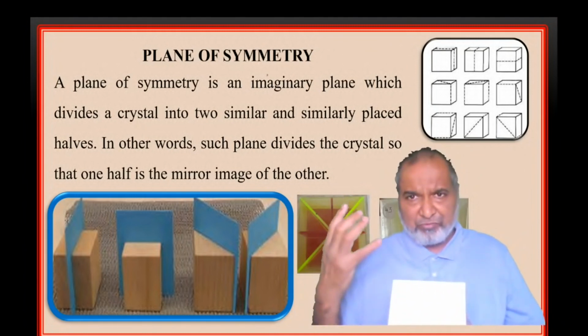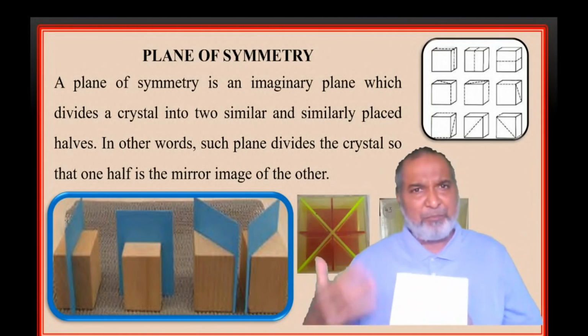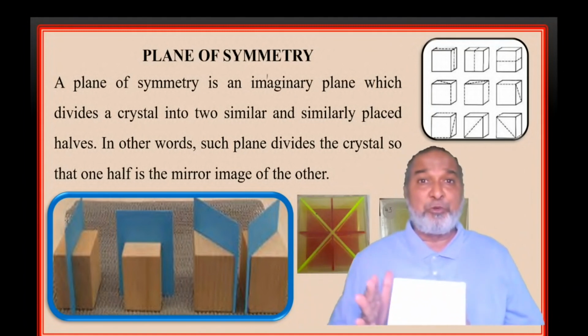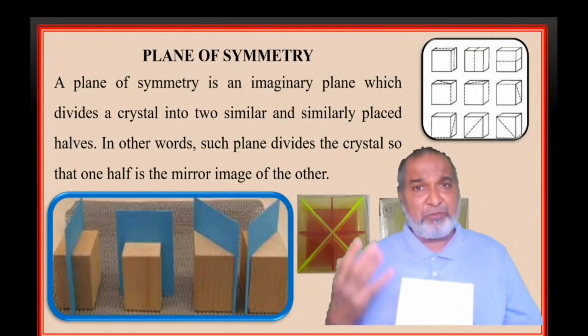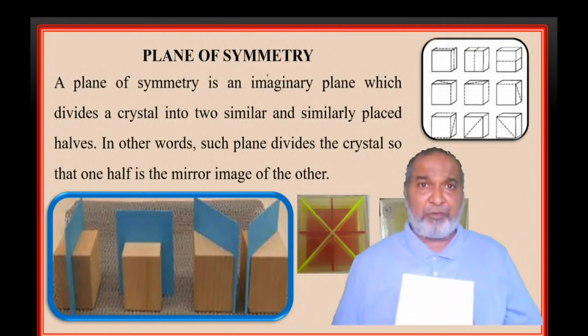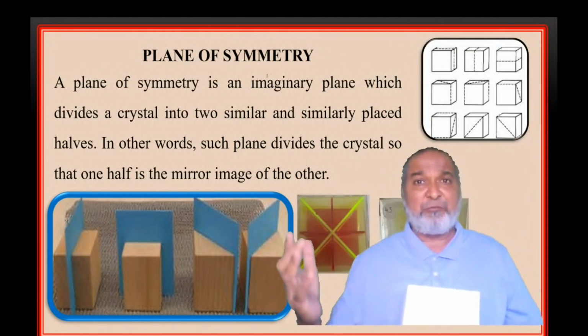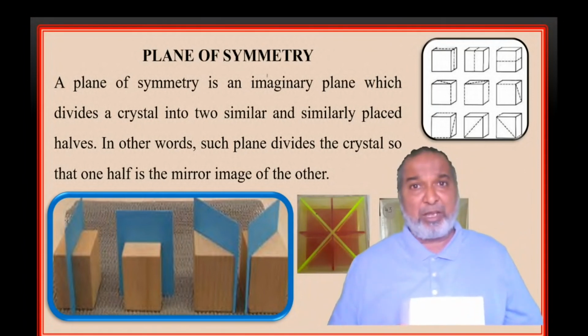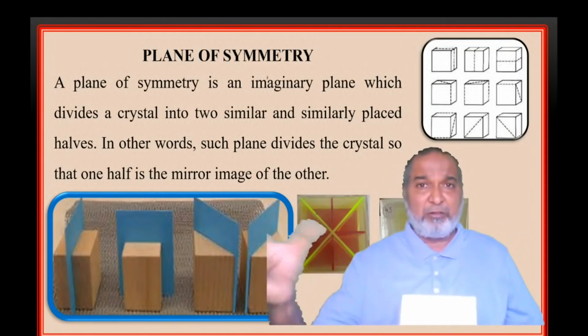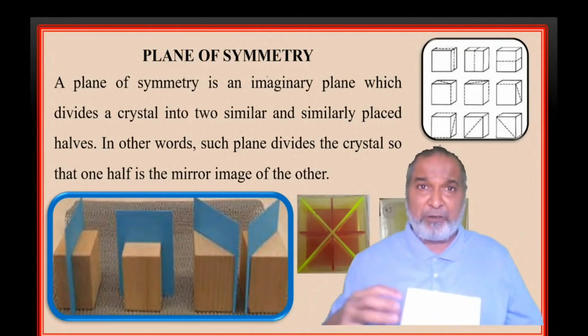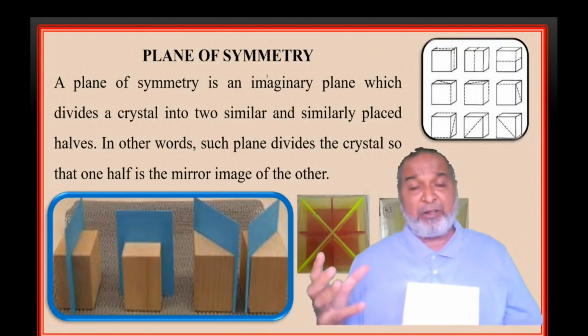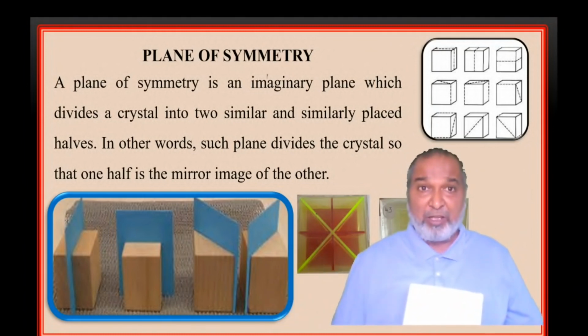If you see this video properly and do it systematically one by one, you won't find any problem, because in the examination we give you 4 to 5 minutes. Within those 4 to 5 minutes you have to identify a model belonging to a system, its type, elements of symmetry, its divisions, then the forms which are available, with the indices. This much you have to make out. If you don't know anything, you directly get zero marks, because practical crystallography covers around 24 marks out of 50.